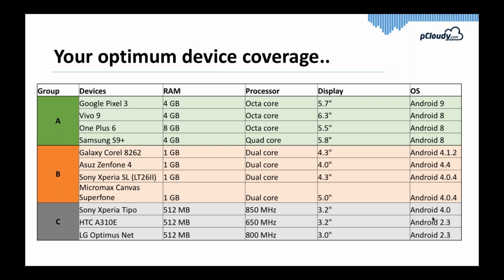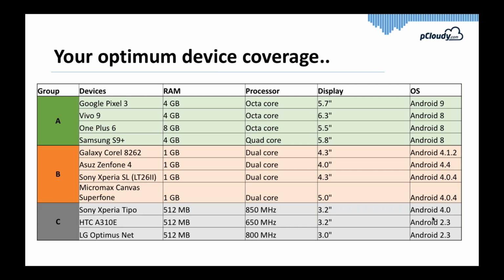So it could be 10, it could be 15, 20. That depends on the amount of effort that you want to put into testing. You can always mix this with the market penetration data to see if there are some top-end devices with very high market penetration which are not missed in this category. So these 2 are typically the most used approaches of creating optimum device coverage right now. Of course, you can add more parameters here to increase your diversity, but fundamentally the approach remains